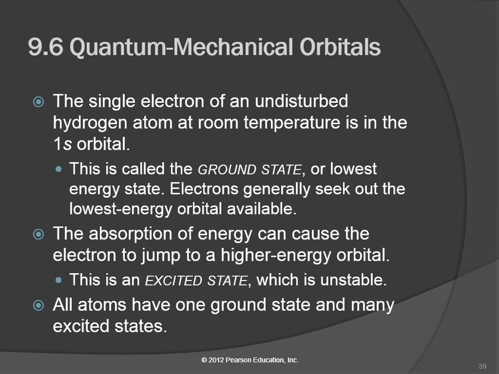So when we have a hydrogen atom, how many electrons does a hydrogen atom have? 1. That one electron is going to be in the 1s orbital when it's undisturbed at room temperature. It's going to go to the lowest energy place that it can go,